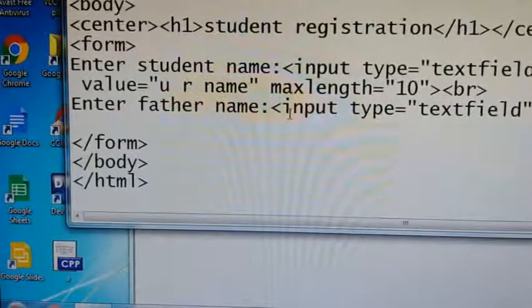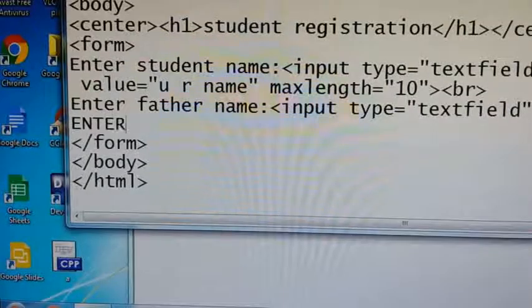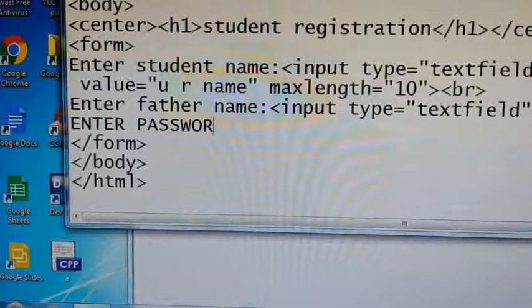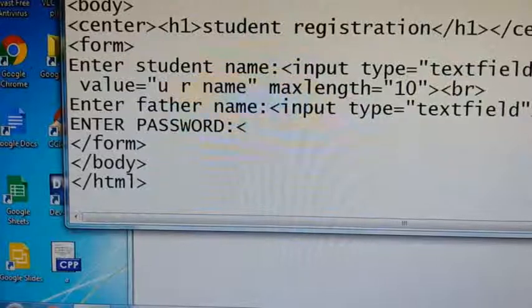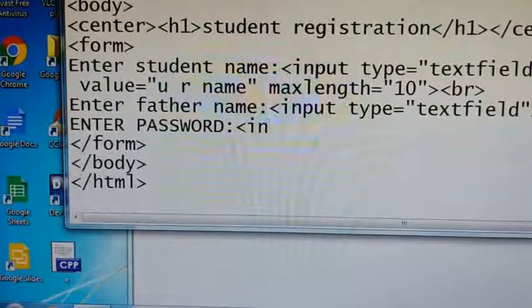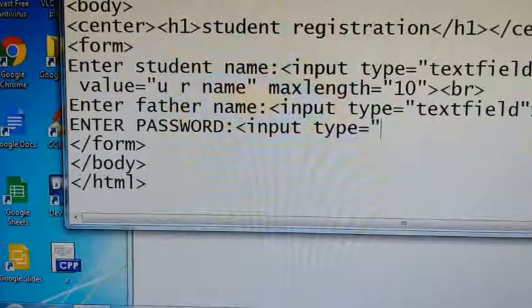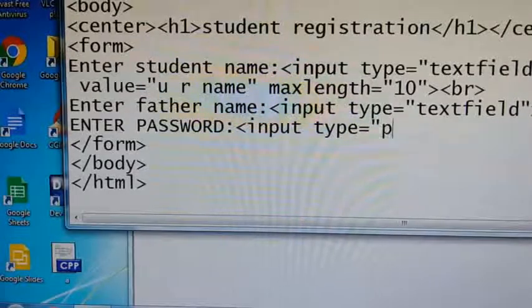So here again I am giving a label, enter password, followed by a colon. Next I want an input box, so I write input type equals password, not text.